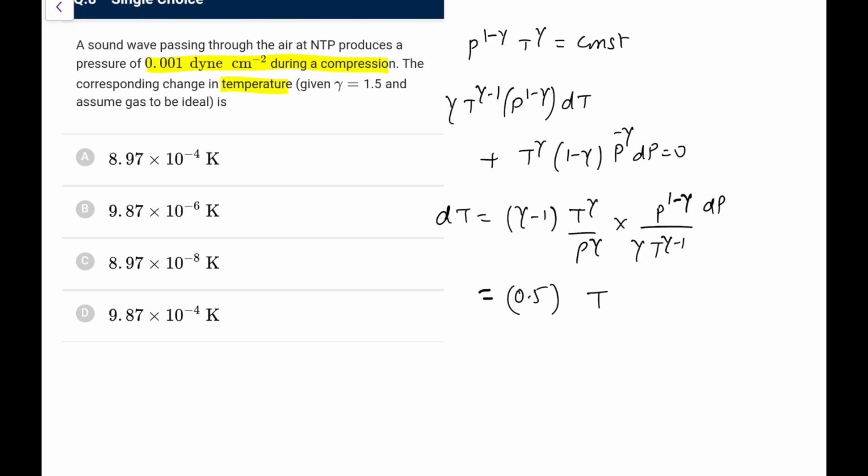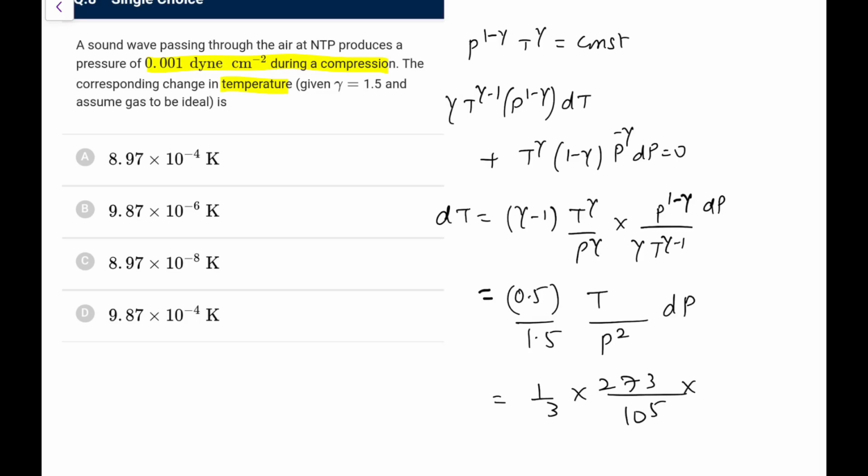T to the power 1, and here γ is 1.5, and for pressure we can write it as 2γ−1, that would be 2T by P square dP, that you can do here. So this is the change in pressure that you would be getting, that is 1 by 3, T is 273, P square at NTP you will take as 10 to the power 5, and there would be a slight change only.